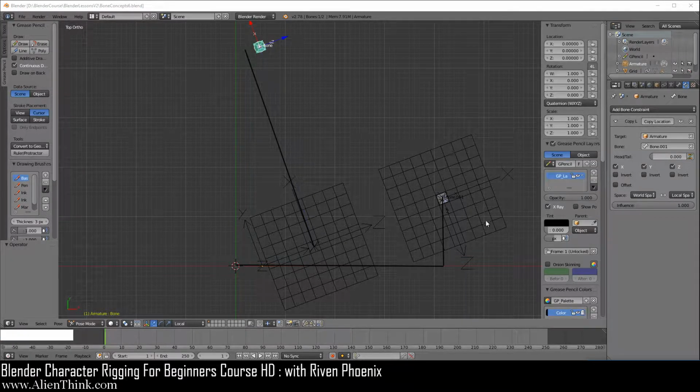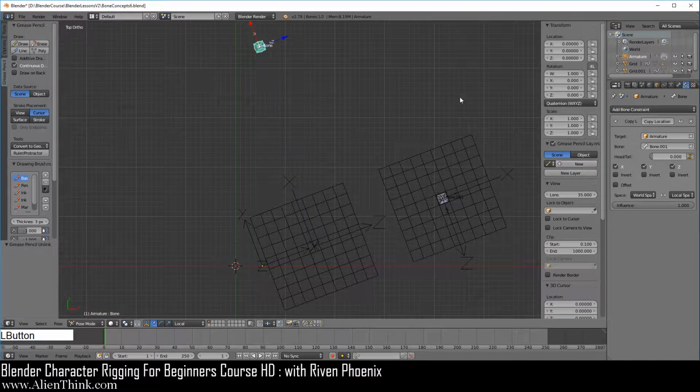Okay, so to continue on from the previous lesson, what I want you to do first is remove the grease pencil. Now here I'm going to go a bit slow because we're going to be navigating quite a bit. In the previous lesson you saw that we were evaluating this bone in world space. So I want you to switch this to pose space. Now, the question is, what exactly is this bone doing in pose space?